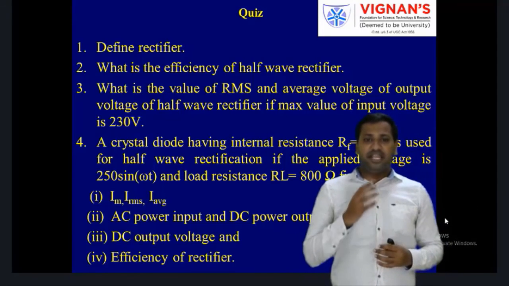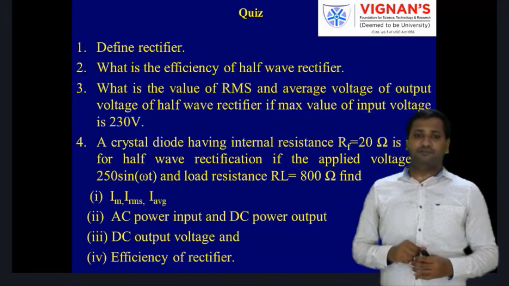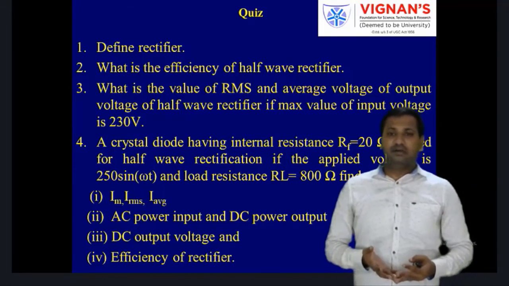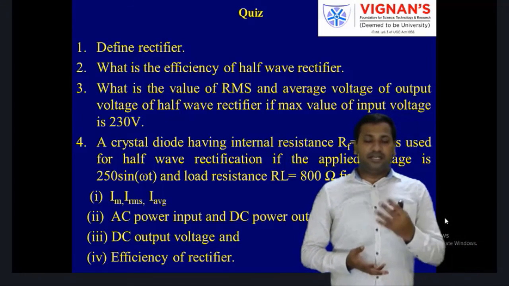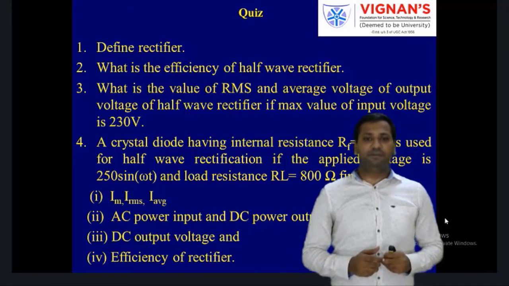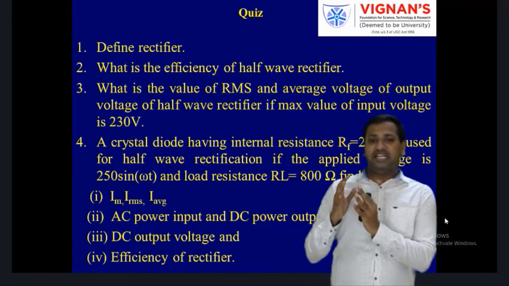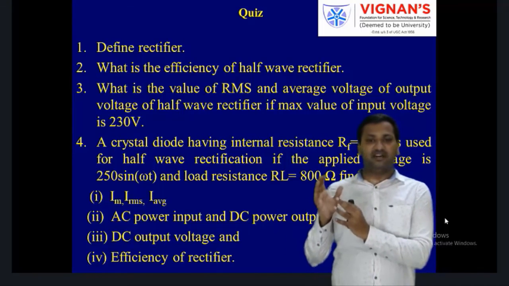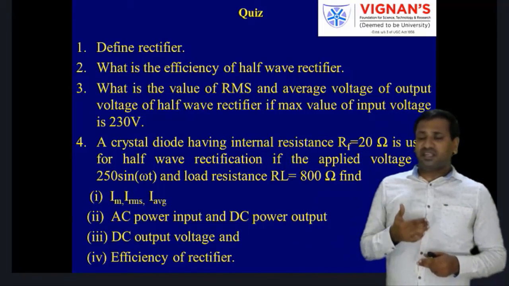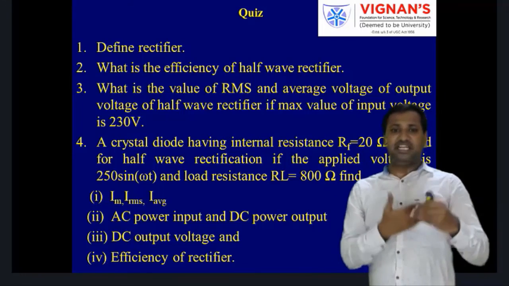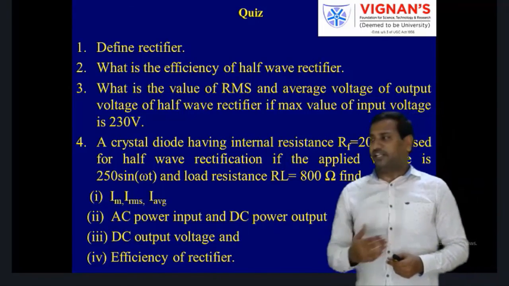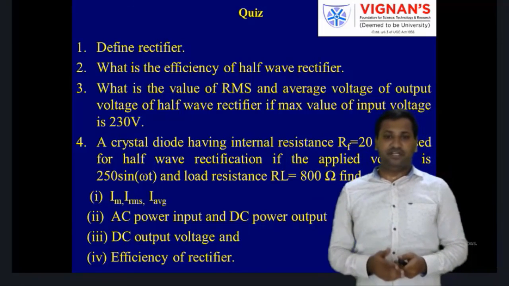And next, the AC input and DC output power. The AC input power, as we discussed earlier, is obtained by multiplying VRMS and IRMS, and by multiplying the DC voltage and DC current of the output you will get the DC output power. Then the efficiency of the rectifier, by taking the ratio of DC output power to AC input power, gives the efficiency for the given specifications.